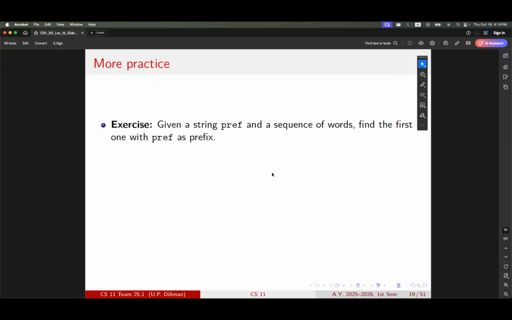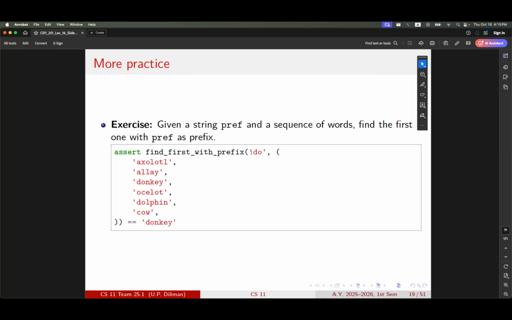Alright, more practice. Given a string pref and a sequence of words, find the first one with pref as prefix. Here's an example. So we are working with the prefix "do", and it asks us to find, from this sequence of words, which word starts with "do" first. So you can see that the answer is "donkey", but